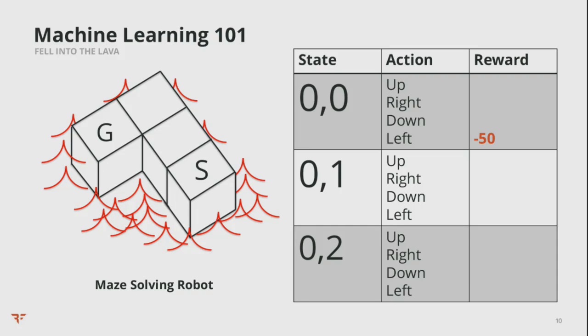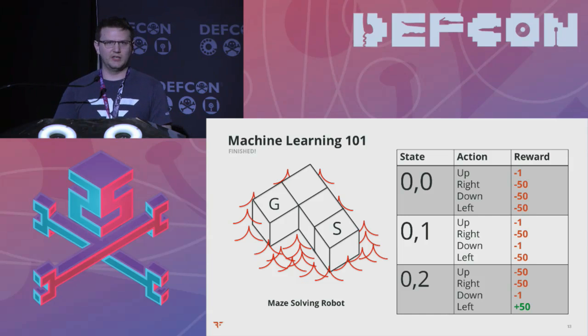And then it knows to not try that again, or at least it knows to try to explore some other state. So it might then try moving upward and get -1 and say, hey, that was a little bit better. And so now that it's in the next square, it can try turning right, fall into the lava again, goddamn it, gets another minus 50 points. And then basically just continue on this entire process, exploring things that it hasn't explored before until it's found its way to the start and it can derive the optimal solution.